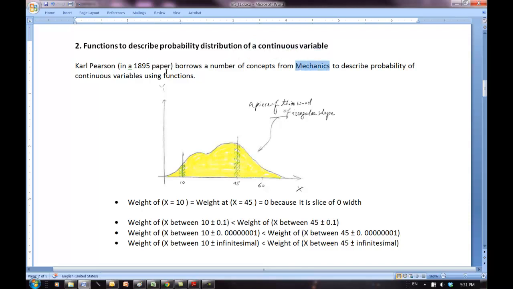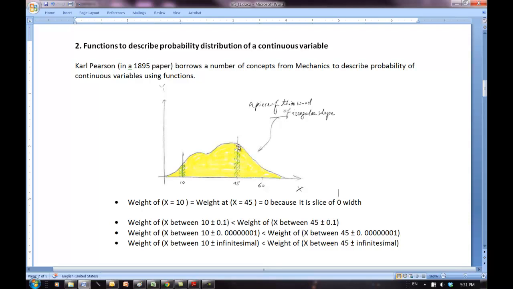In his paper, he borrowed a number of concepts from mechanics to use in describing probability distribution for a continuous variable. And the problem he borrowed from in mechanics is about how to find the center of